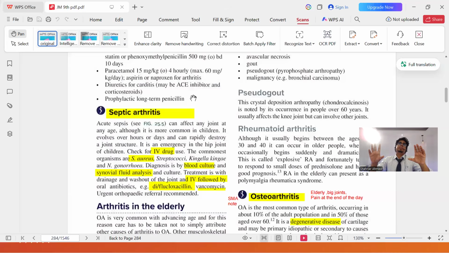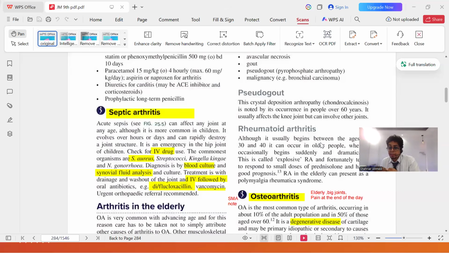Here is a special line to start with, and be careful. Any arthritis with high fever, in young people or even children, presenting with high fever and single joint pain: suspect septic arthritis until proven otherwise. Did you get that line, guys? Again, I'm telling you, a person, young or child, whatever, with single joint pain and fever, it is suspected septic arthritis. You can do the other tests, but you have to keep it in mind, by any chance, it is septic arthritis.